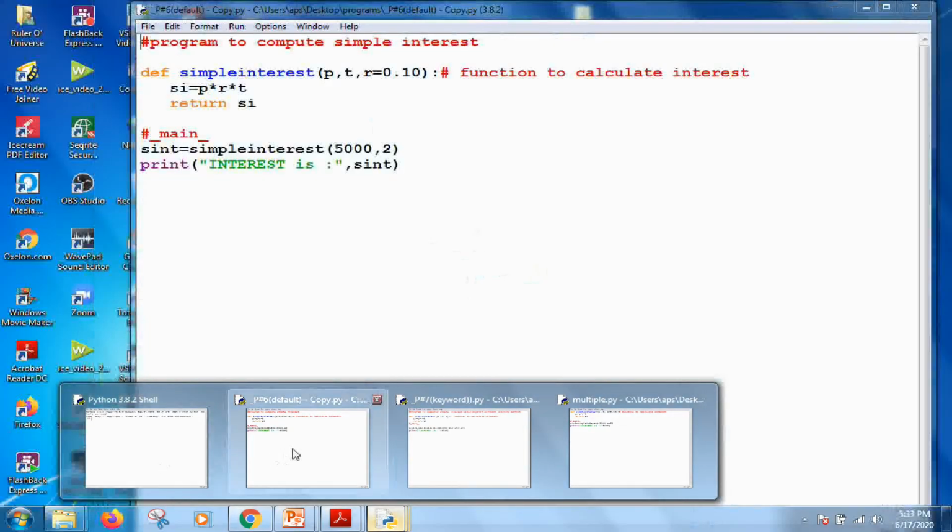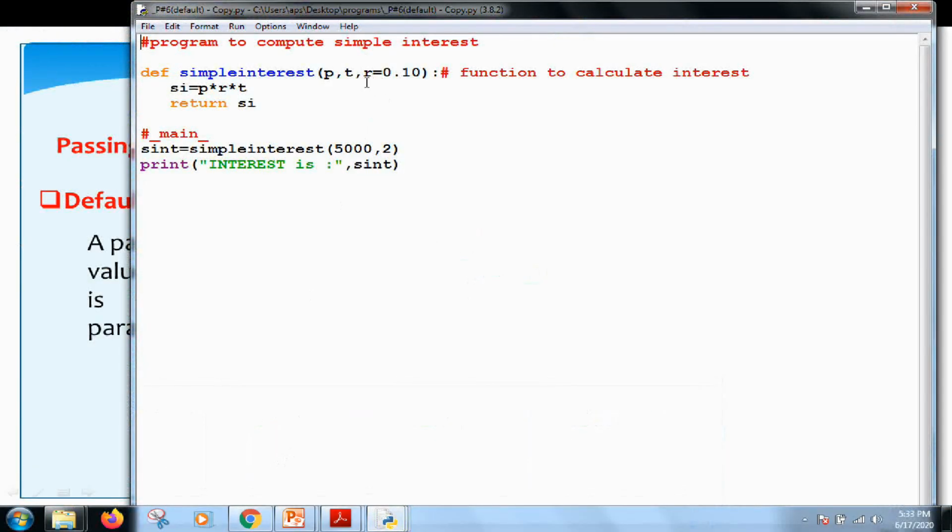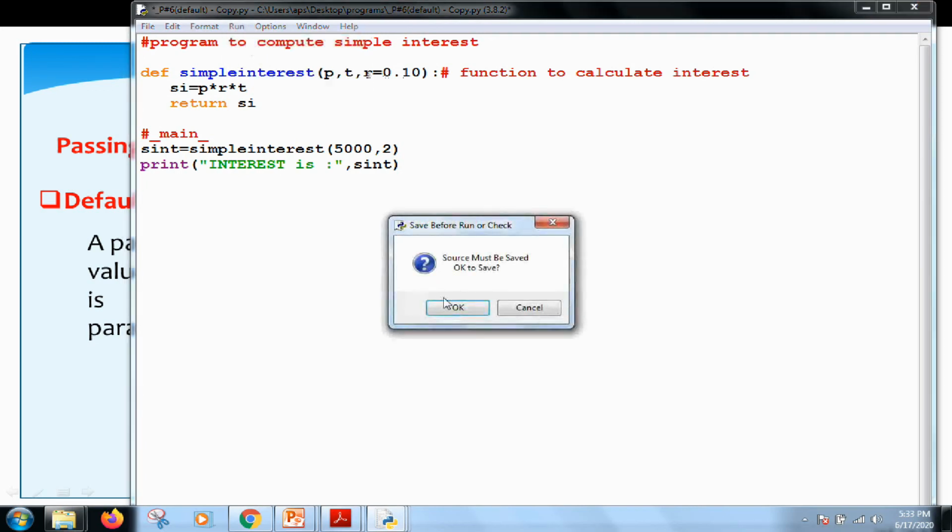I am showing you a simple interest program in which I am taking the default value for the rate. Now even if I do not provide the value for the rate in this function call, the program will not give me an error, and it will take this default value of rate as 0.10 and will calculate the simple interest.